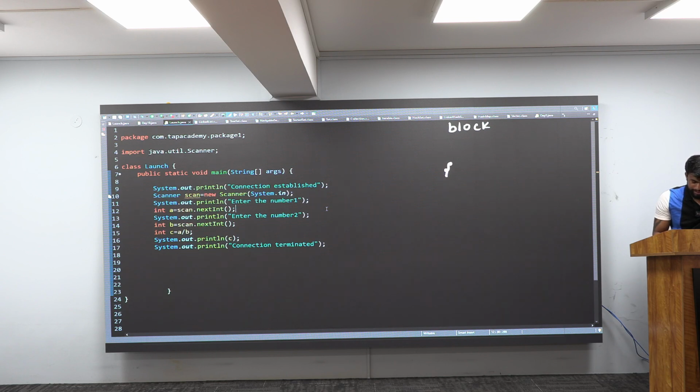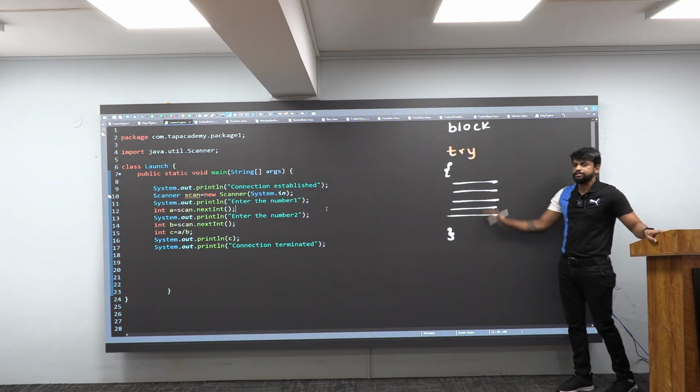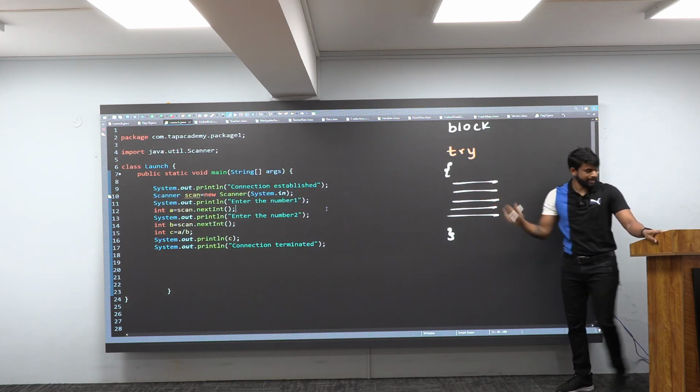You open the curly brace and you close the curly brace. Whatever statements you write here, this is known as a block. I'll come here above and put it as static. What kind of a block is this? This is a static block. I'll just remove this. What kind of a block is this? Instance block. So now I'll come here and add a three-letter beautiful word, and it is not a job, it is a try, like this. Now tell me, my dear students, what kind of a block is this? This is a try block.